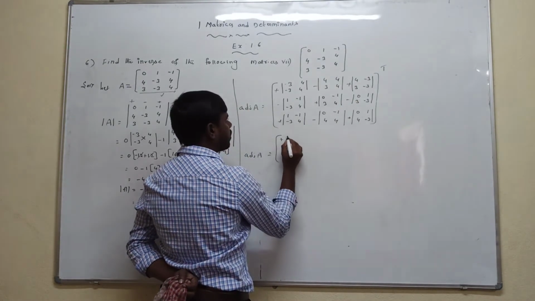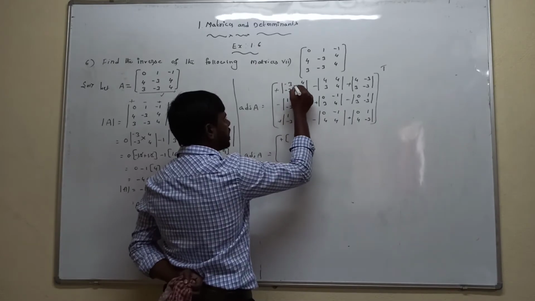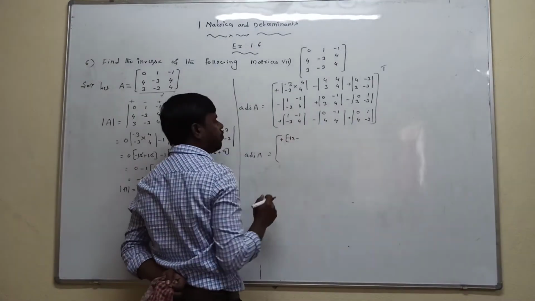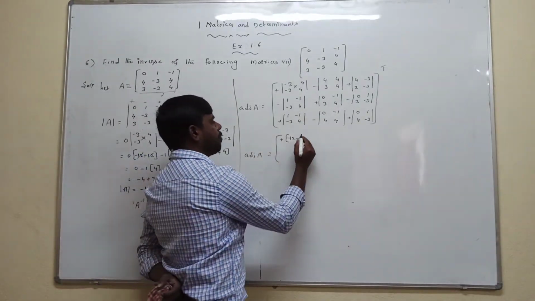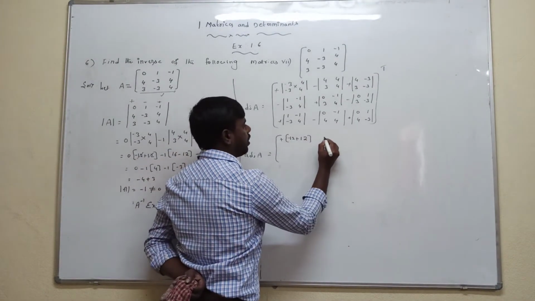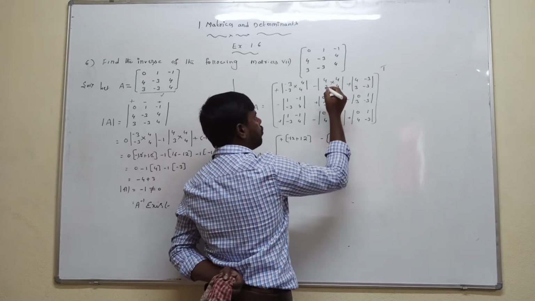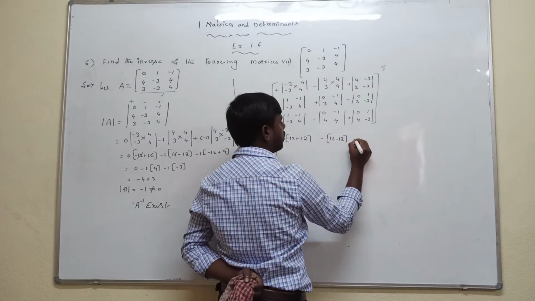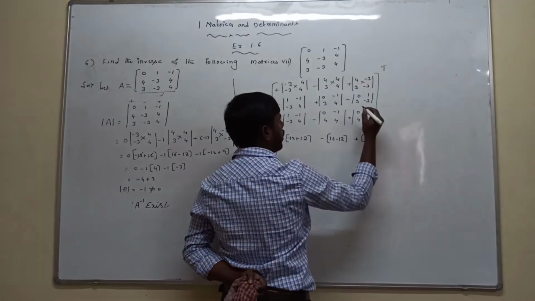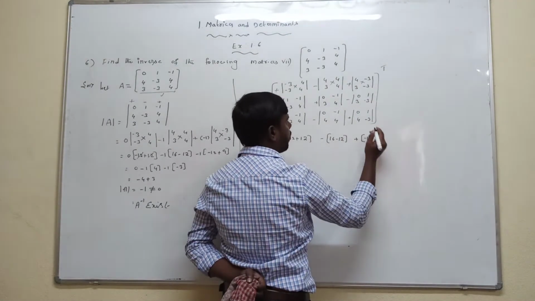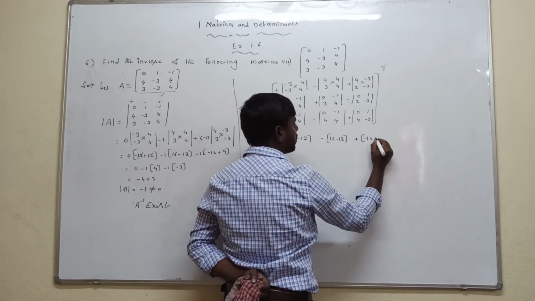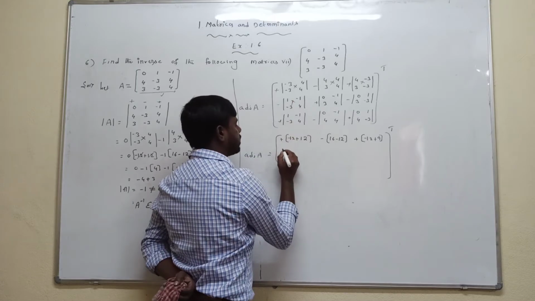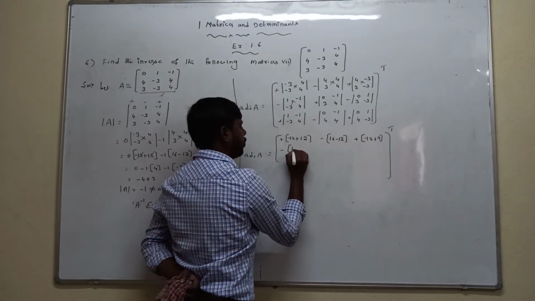Now plus of minus 3 into 4, that value is minus 12. Minus of minus, plus 12. Minus 4 into 4, 16. So 4 threes are 12. Next, 4 into minus 3 is minus 12. Minus 3 into minus 3 is minus 9. Minus of minus, plus 9. Next, minus of 1 into 4 is 4.